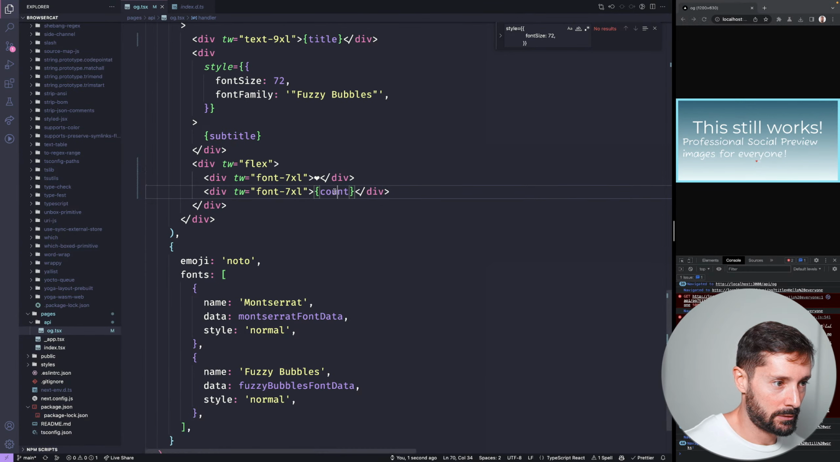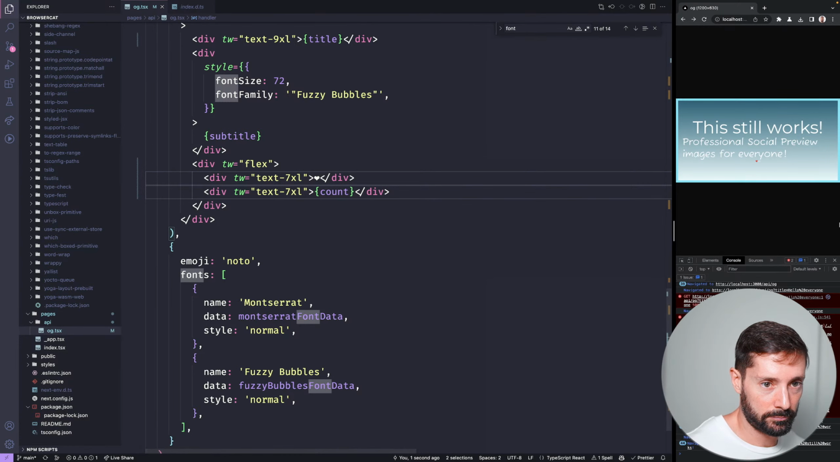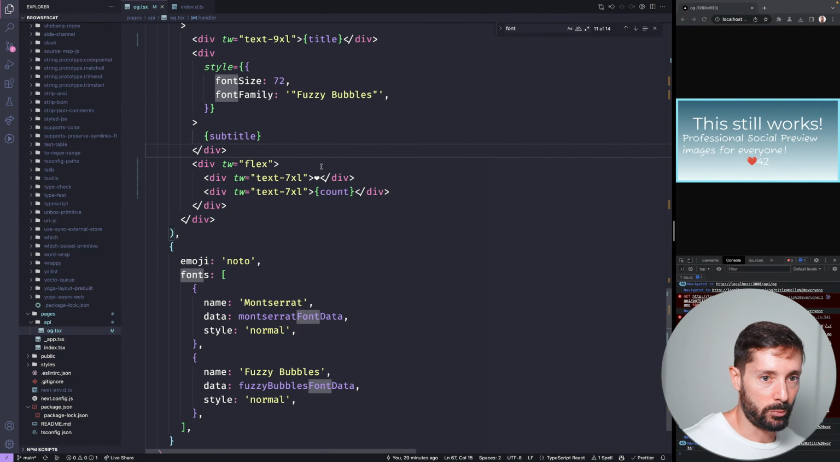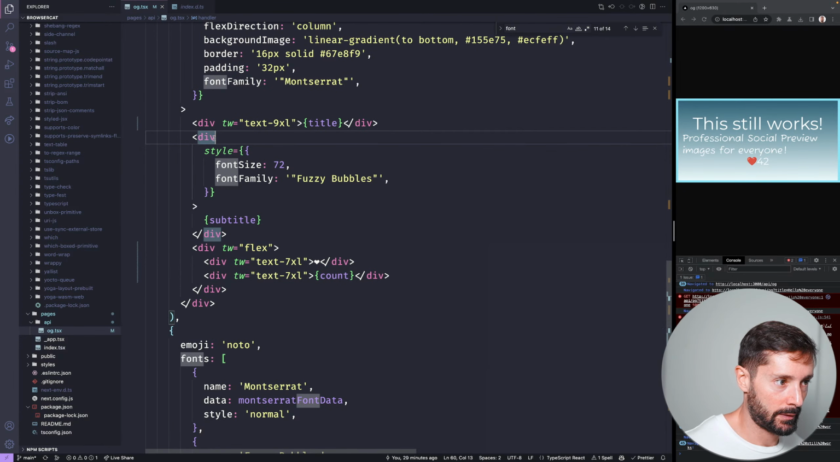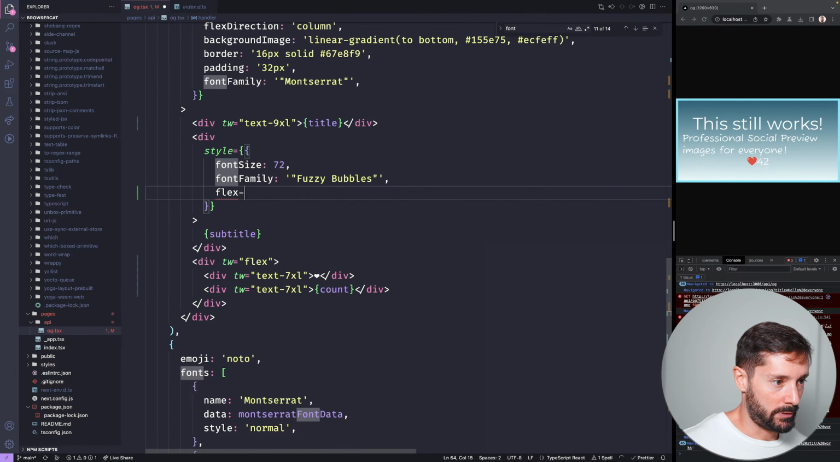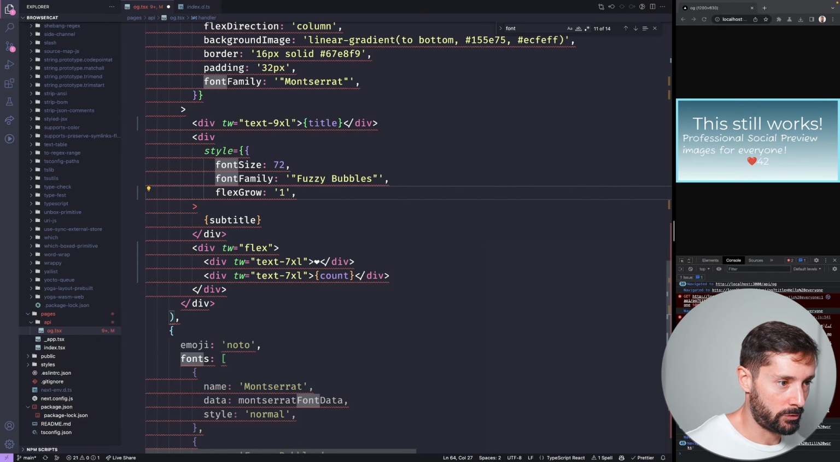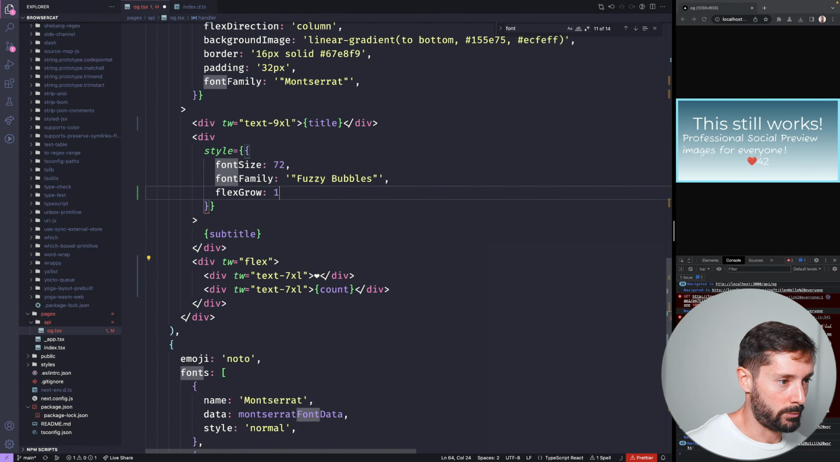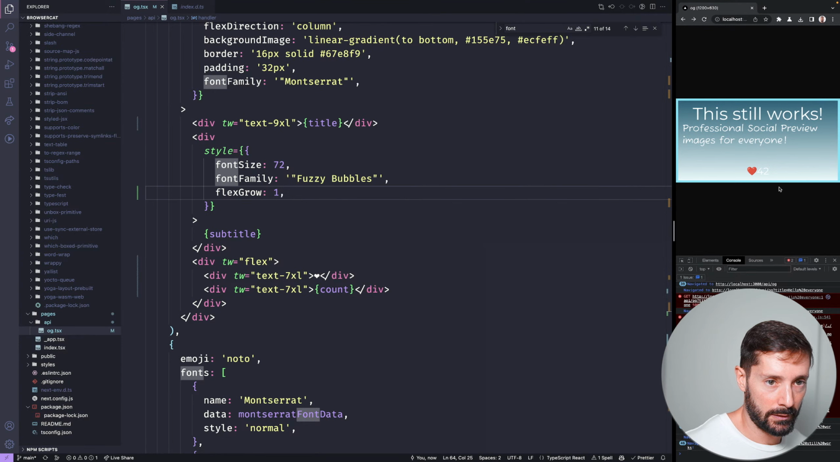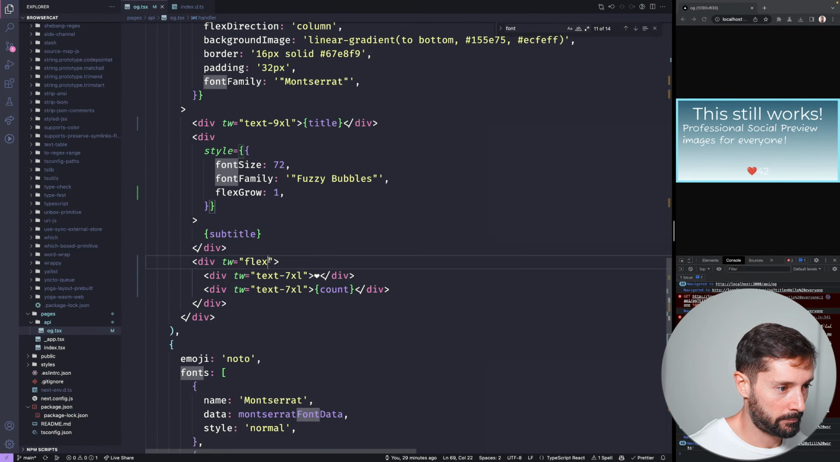This is the size we want. It's Next.js. And we want this to be on the bottom right. So actually, flex grow 1 for this. Should this be a number? Okay, flex grow 1. So this pushes it to the end, and